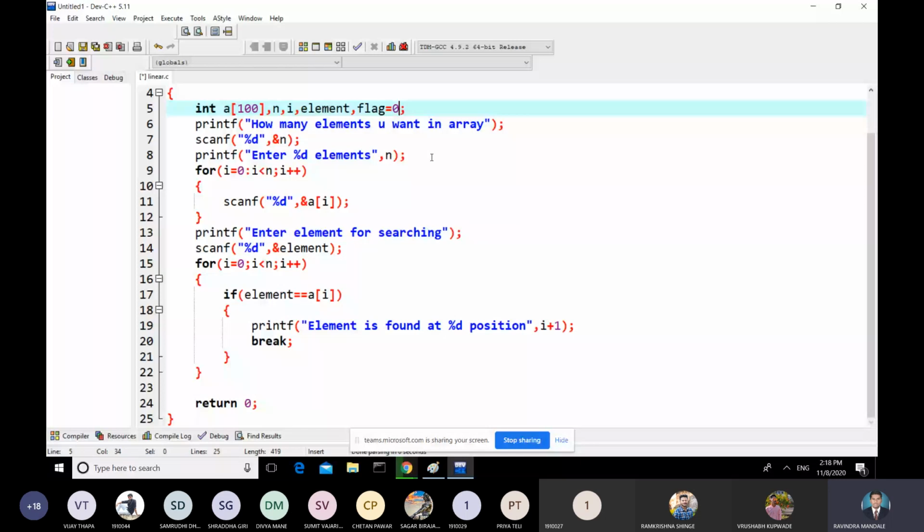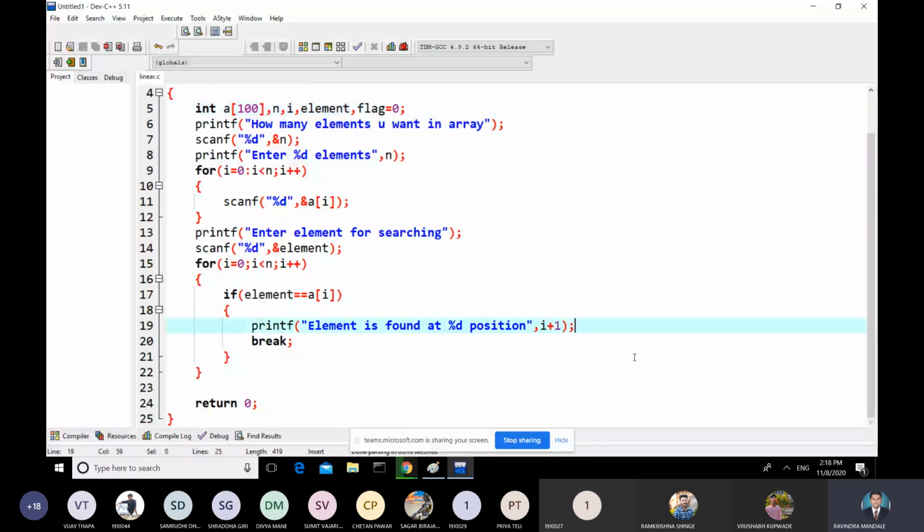What is the use of this flag variable? Initially I am declaring this flag as 0. If the flag is equal to 0, it stands for unsuccessful search, that is element is not found. And whenever this flag will be 1, that means the search is successful.